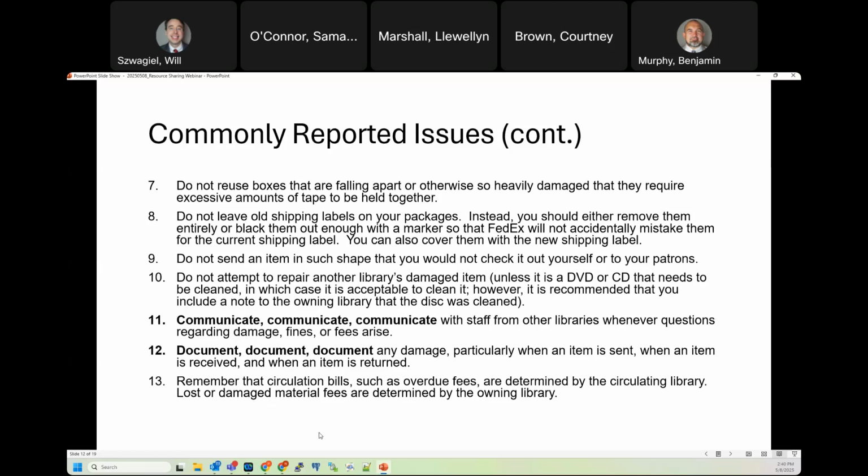Finally, remember that circulation bills such as overdue fees are determined by the circulating library, and lost or damaged material fees are determined by the owning library. This is something that we realize is kind of confusing and can be easy to forget, but we actually have